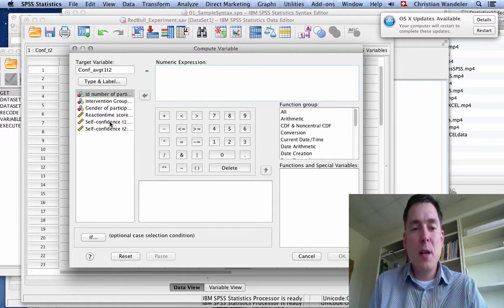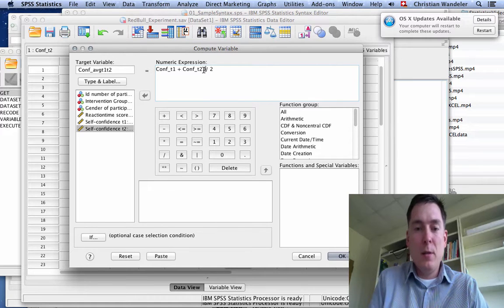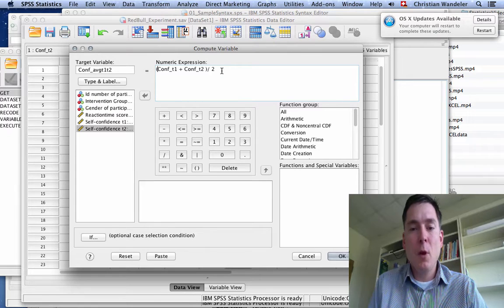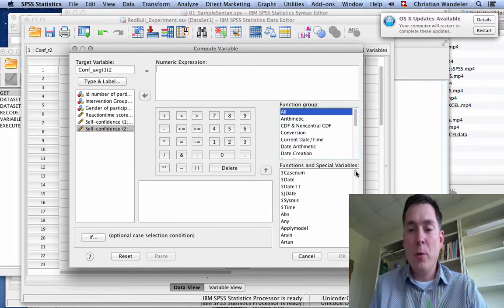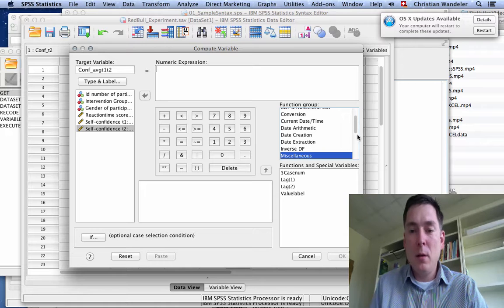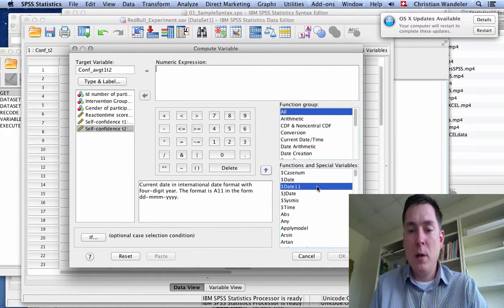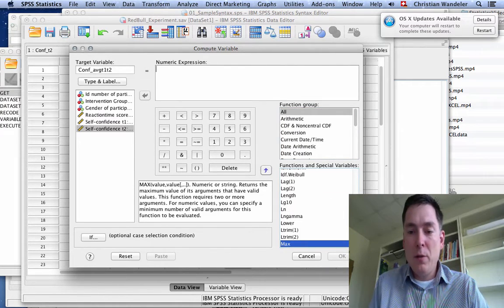You could either say, you know what, do self-confidence 1 plus self-confidence 2 divided by 2, and then we would put this into parentheses as well. So that's an option. Or we can use a function you might be familiar with from Excel. There's a lot of different functions here. So we'd go into the mean. Let's see here. The mean function,